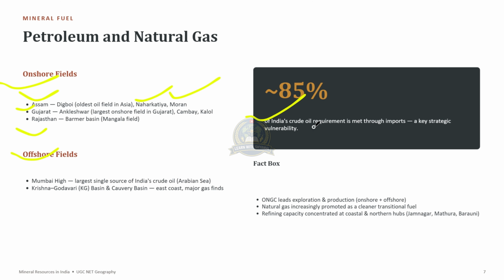85% of India's crude oil requirement is met through imports, a key strategic vulnerability. More or less 80% of India's crude oil requirement is met through imports only. ONGC leads exploration and production onshore and offshore. Natural gas is increasingly promoted as a cleaner transitional fuel, and refining capacity is concentrated at coastal and northern hubs in Jamnagar, Mathura